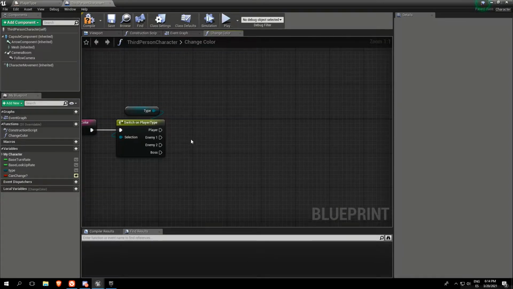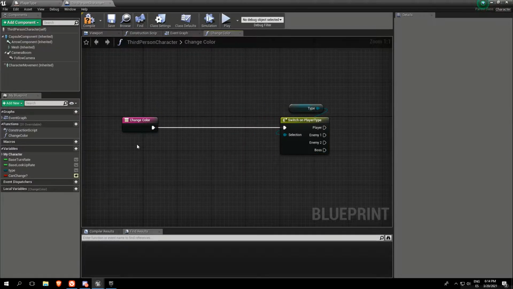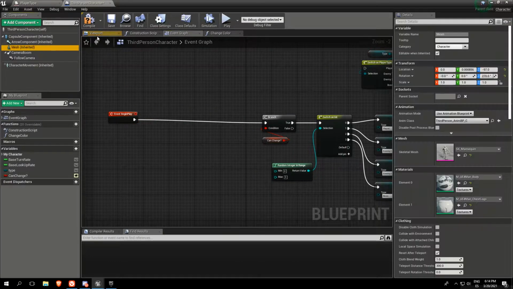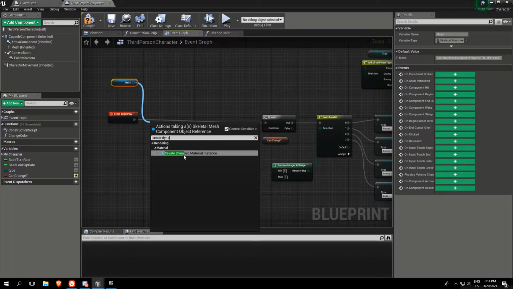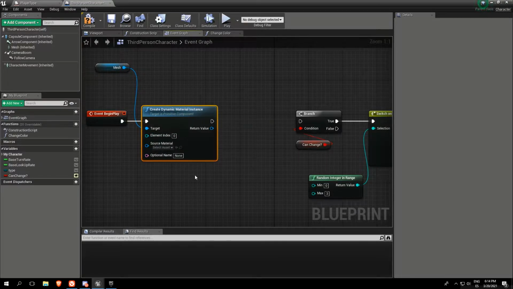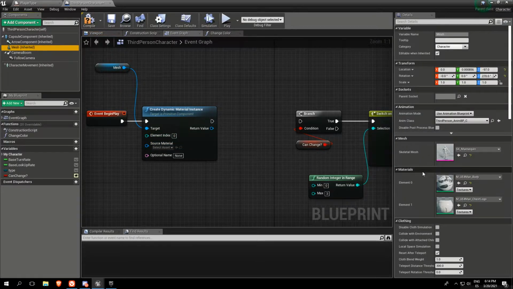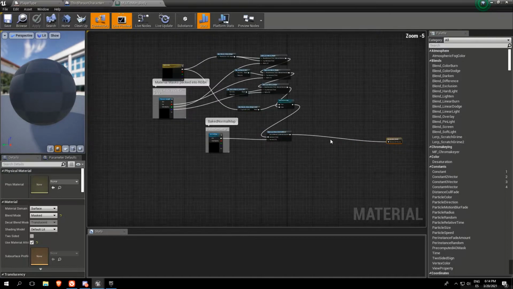And here we're gonna set the, first we're gonna create an instance. We can do this in the Begin Play. So we select our mesh from the player, create dynamic material instance, and we're gonna create a reference from that variable. So we're gonna put the index of the material. So the material that we want to change is body. It's gonna be this, and inside body we have